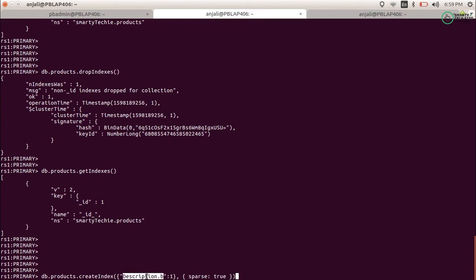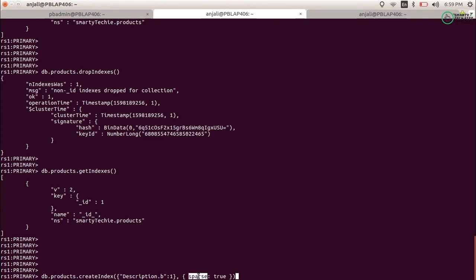On description dot b, I want to create an index in ascending order. For ascending, you need to choose 1, and if you want to create a descending index, just use -1. Then, comma, you mention the option you want to apply to the index, that you want to create the index as sparse.